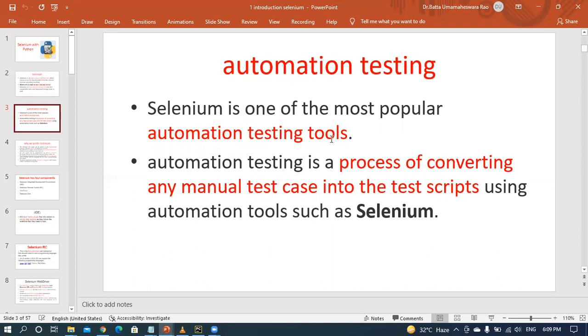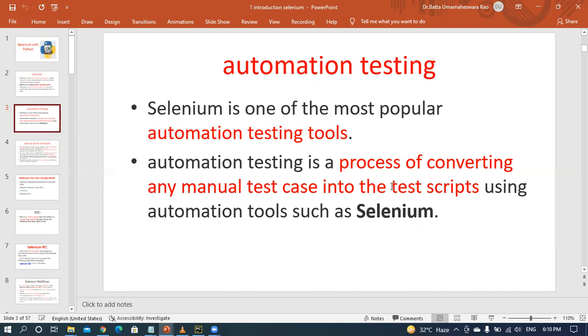With the help of only a program, you can test the software. That is called automation testing. In manual testing, a human tests the software, but here, without a human, you can perform test cases by using some program or script.